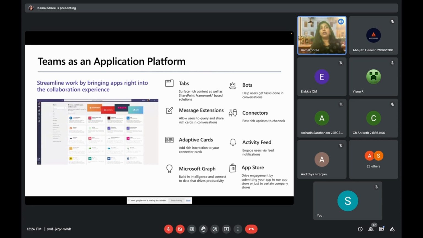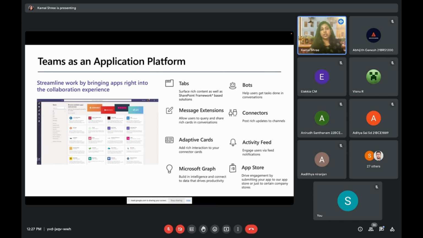If someone is looking for what an ampere is, what the unit of a particular current is, or what the formula for this is, you can actually create bots for it. That makes someone's life easy, which was a pain for you, right? That's how you're going to help people. You can build apps confined to your university, or you can build apps with a broader, more generic reach as well. Then we have message extensions, where you can see these cards, these card layouts. These kinds of cards can be created. Adaptive cards are interactive: you click on them and get more details.